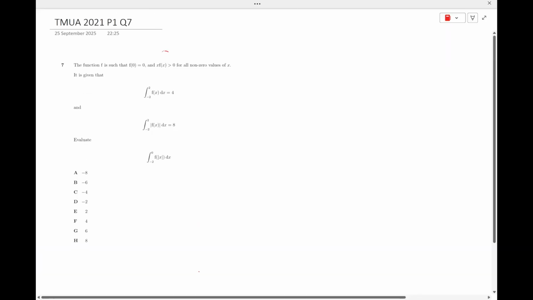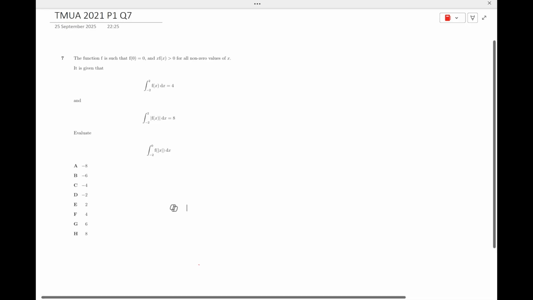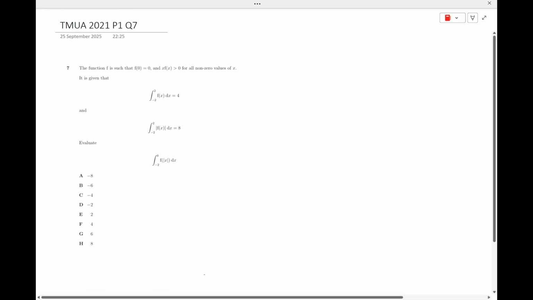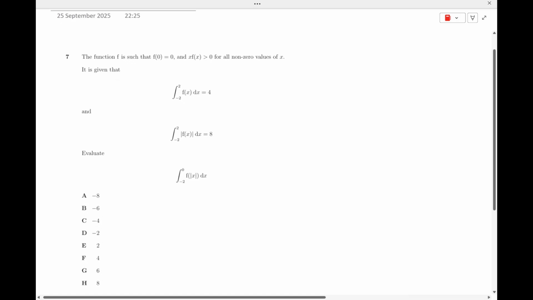Hi, so this is the TMUA 2021 Paper 1 Question 7. Now, as is always, or very often the case, at least with TMUA, you really want to pay attention to this bit of information at the top because they're usually really, really important and can tell you a lot about how to approach this. Now here we've got modulus functions, we've got mod of f of x as well as